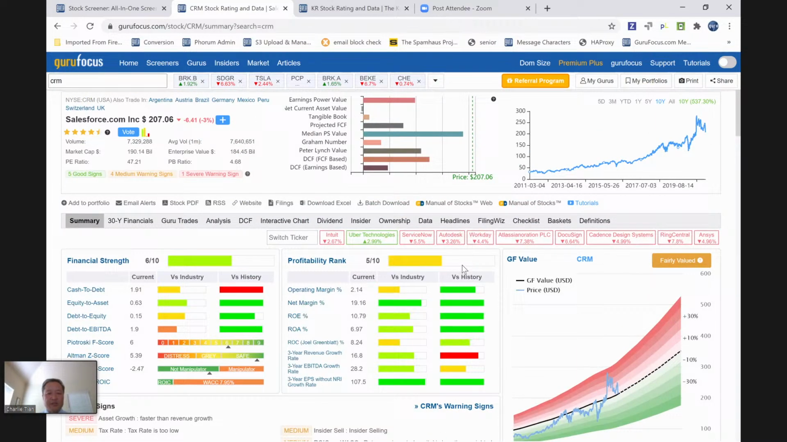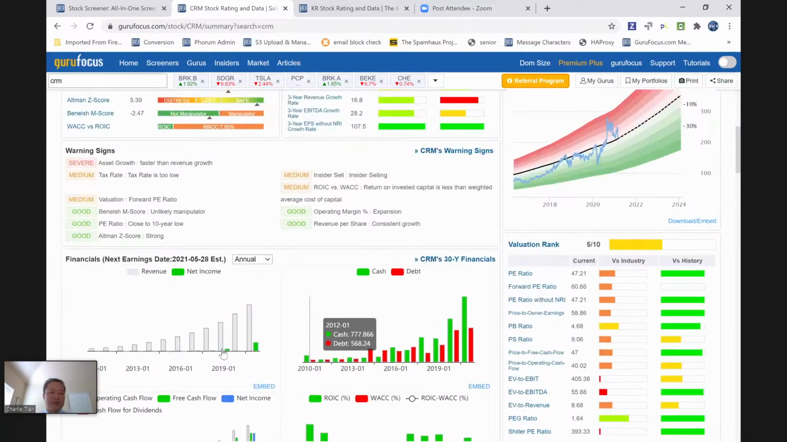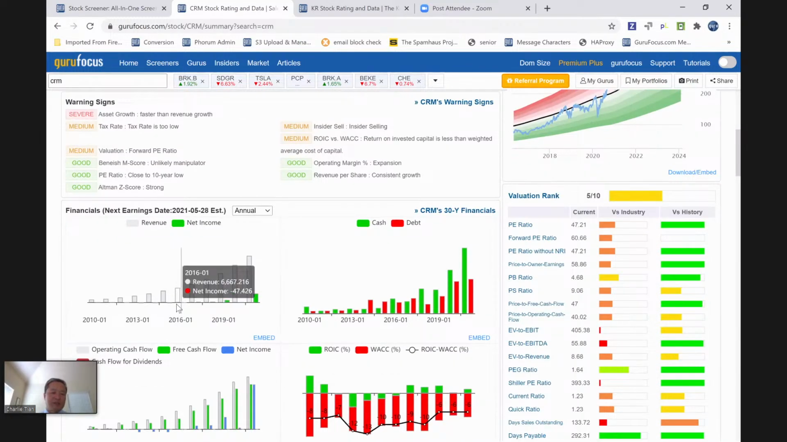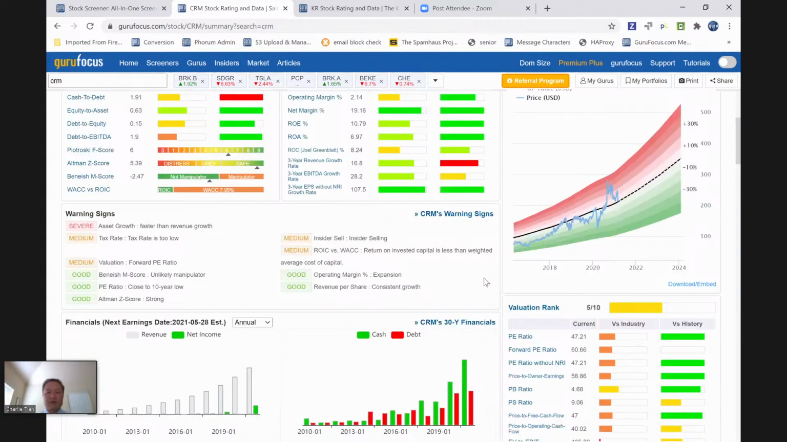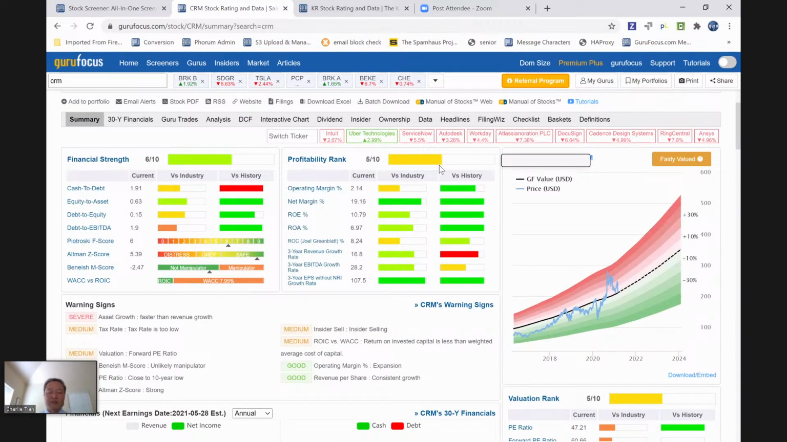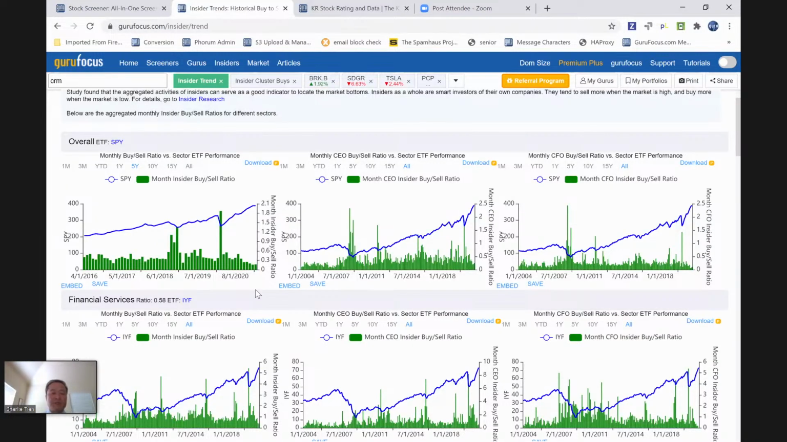So it does not have a very good profitability rank from us. The reason is that you can see over the past 10 years, lots of times it was losing money, and the earnings are not predictable either. That's why the profitability rank is not high, but the valuation seems to be the lowest. Actually, I observed over the past